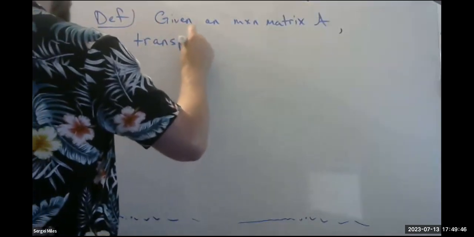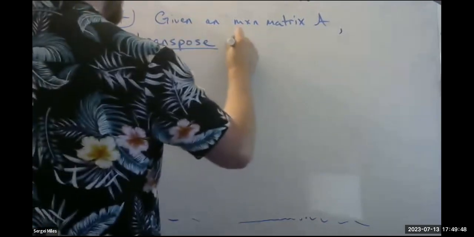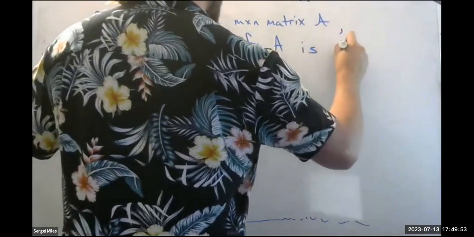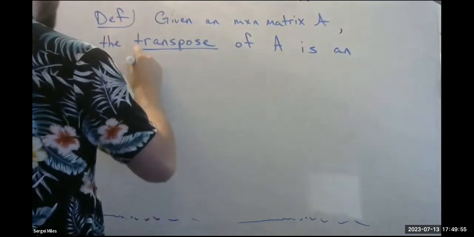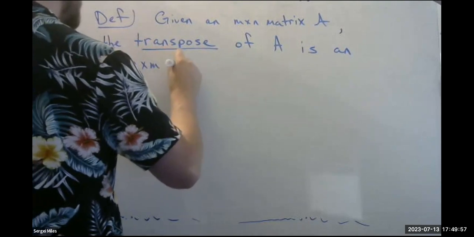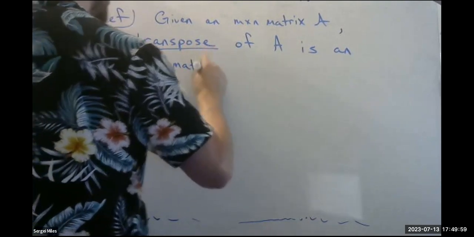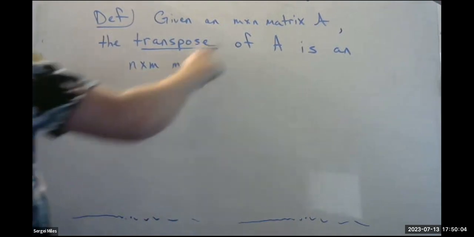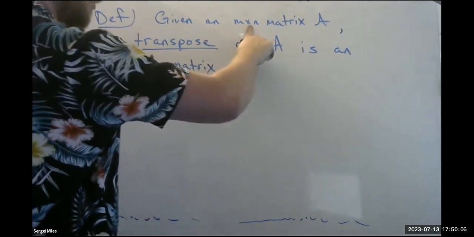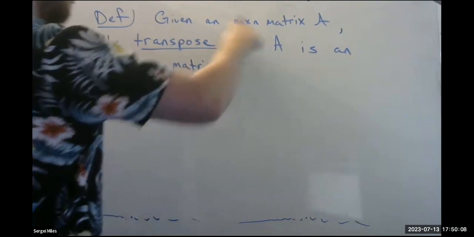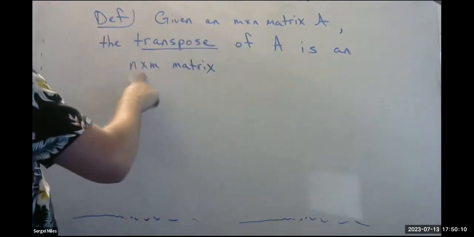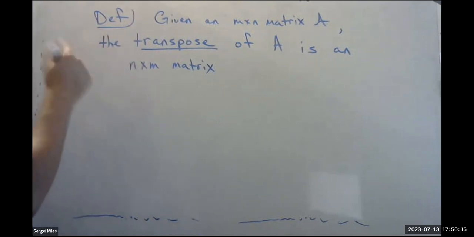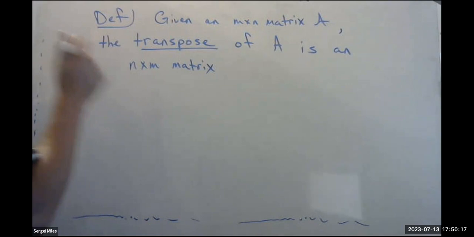The transpose of A is an N by M matrix. Notice, what did I do here? My dimensions flipped. If A was originally a 2 by 3, well, its transpose will be a 3 by 2, right? I'm flipping the M and N here. So the transpose is an N by M matrix